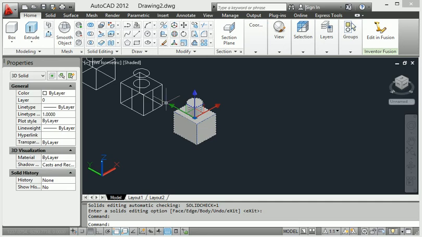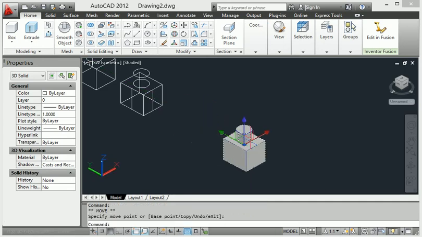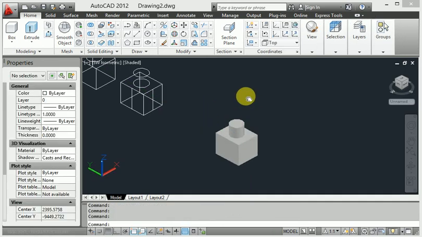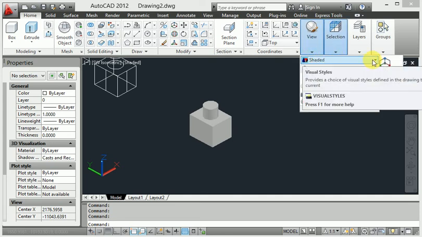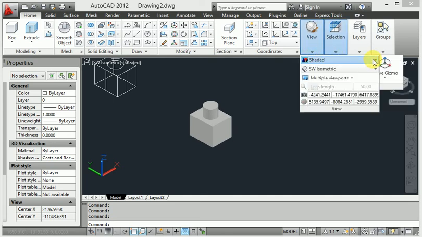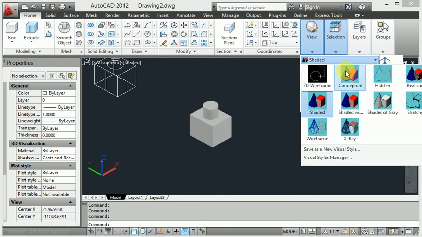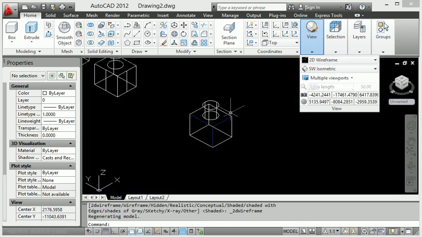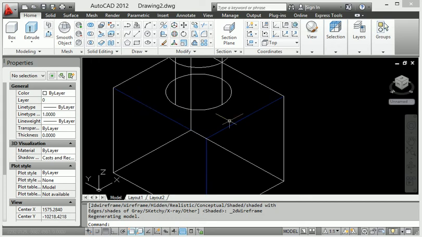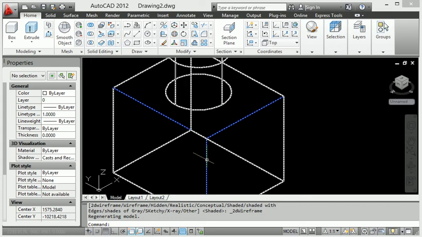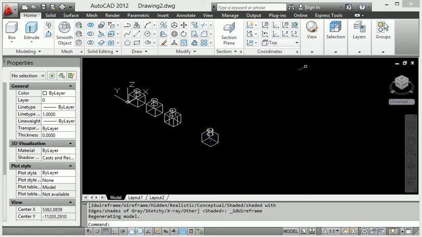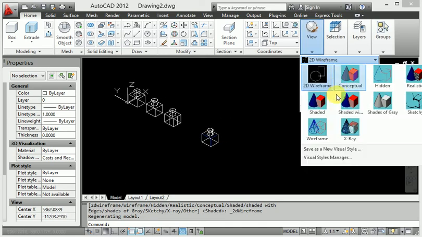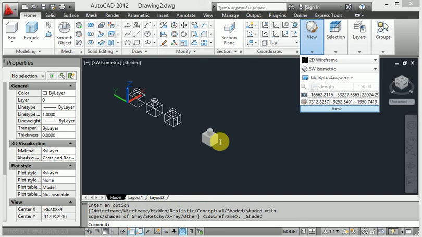Now again I will go to move. Look at this. Now let's show the color. When I enter 2D wireframe, the proper color shows. Look at this, I selected only three lines and provided the color.